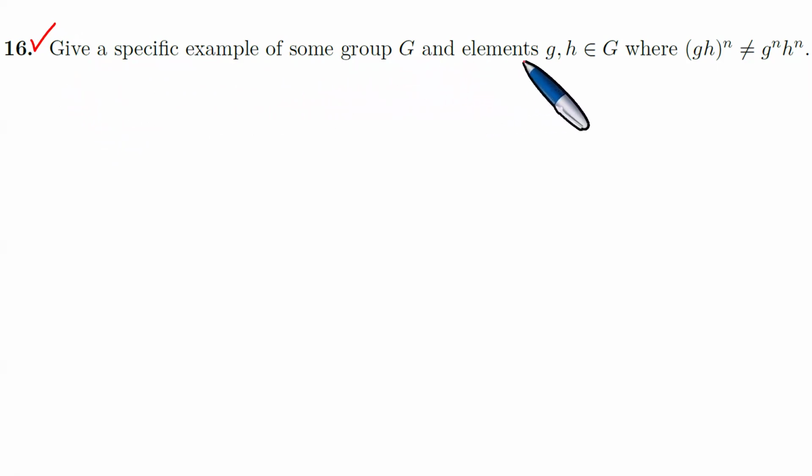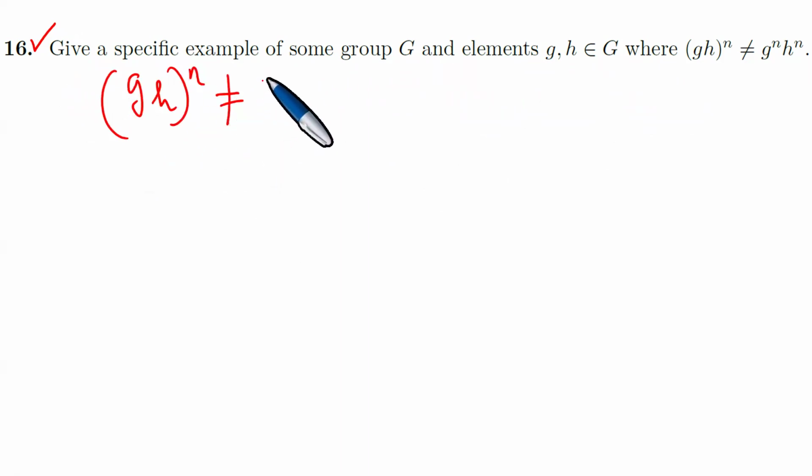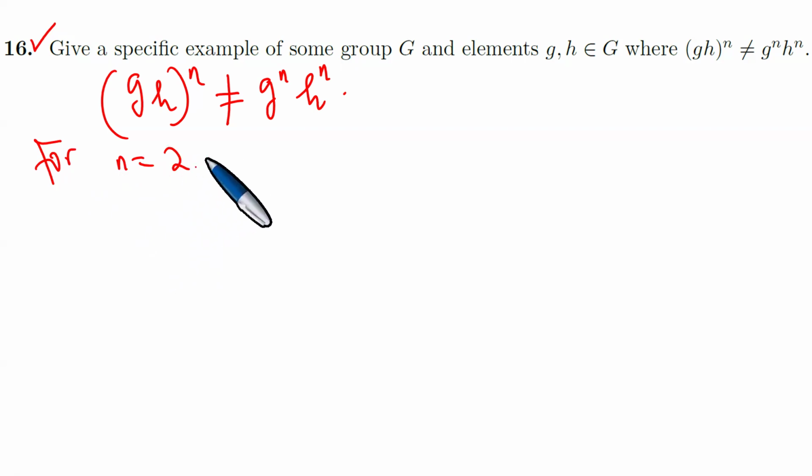give a specific example of some group G and elements g, h in G, where we have that (gh) to the power n is not equal to g to the power n, h to the power n. Right, so obviously we need to think of this and look at the best way to tackle this particular question. We can note that, for example, for n equals 2,